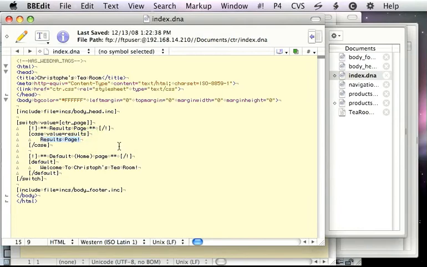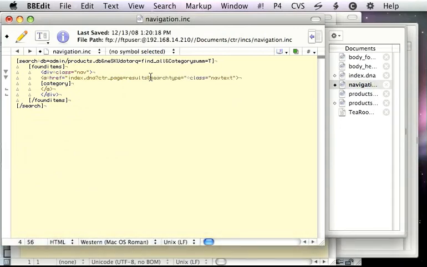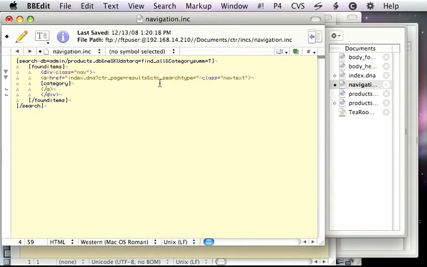So what I'm going to do is create a second variable in the navigation called search type, I'll call it CTR search type. I like to append, or prepend, I should say, specific characters to build up a sort of convention of variable names. So for form variables, I might use CTR underscore. If I set a text variable, I might use a T underscore for text and then the variable name. Or for a math variable, I might use M underscore, something like that. Something to allow me to quickly identify a variable type. So CTR underscore search type